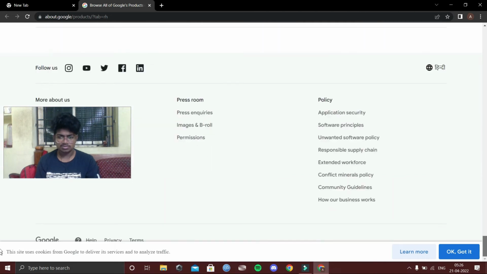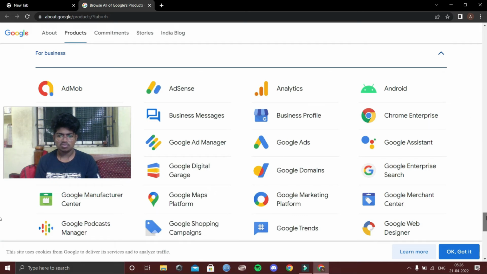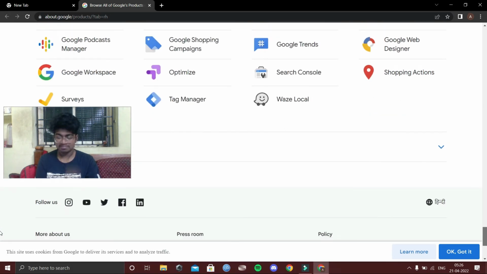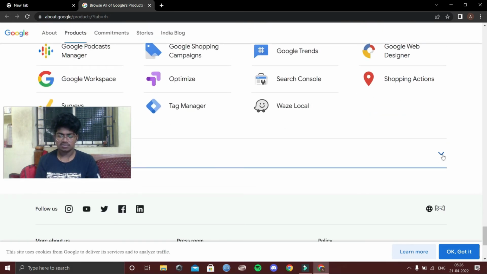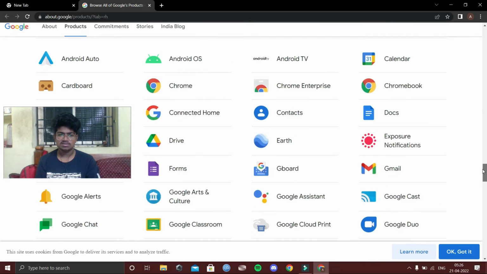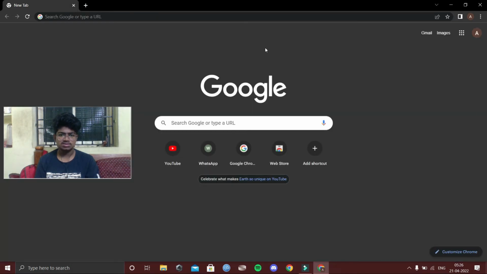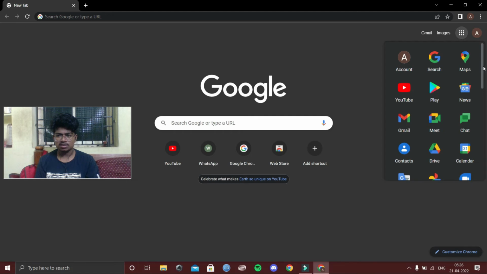And there are more options known as Google for Business and for Developers. You click over it, you can see more options for Google Business, and for Google developers you can see more options. These are all options which are sorted out for business and developers. Coming back to the topic, just close this and go to the Google Apps and click upon the